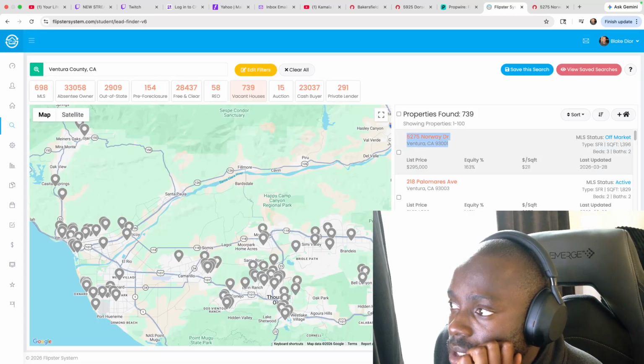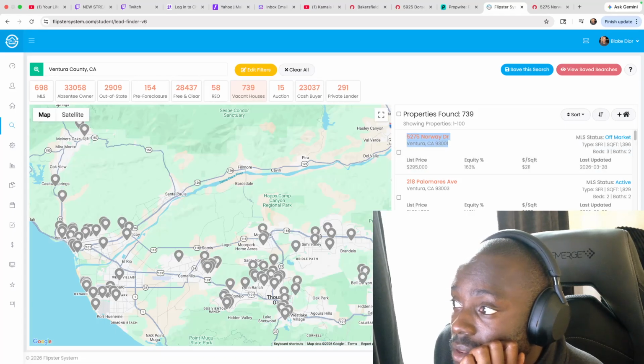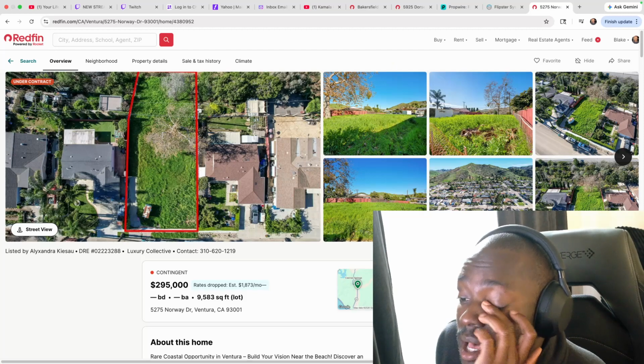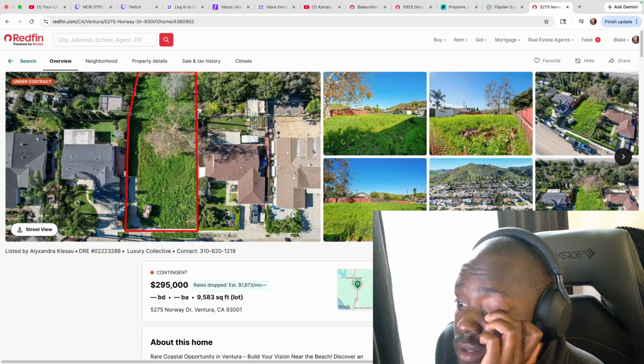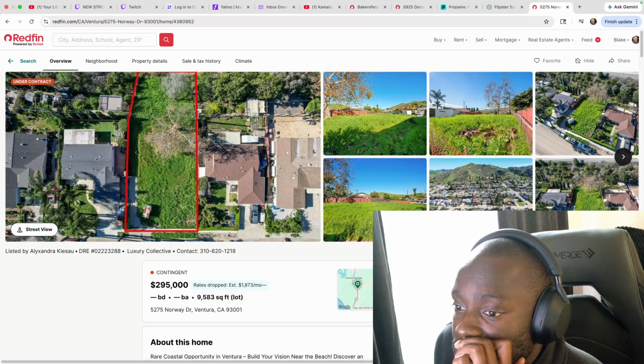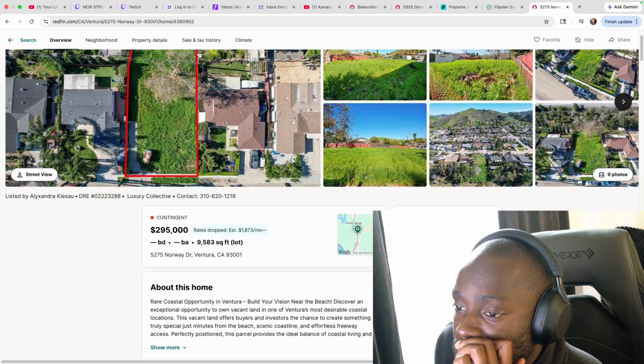It's land that could fit a three bed, two bath, apparently. So it's a 9,580 square foot lot. It's under contract, and this is in Ventura.